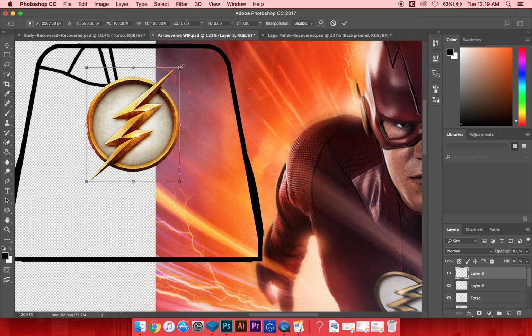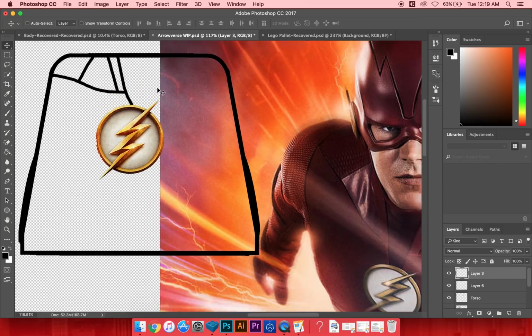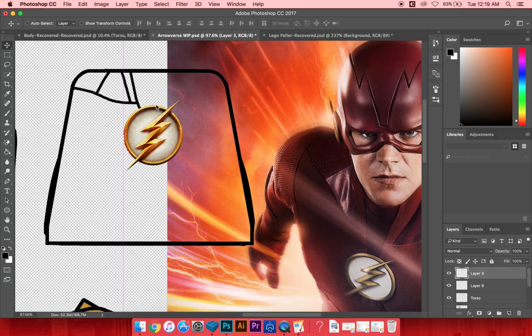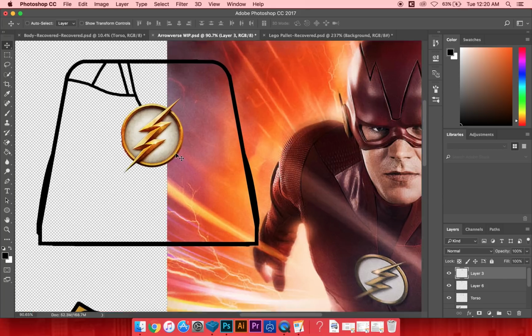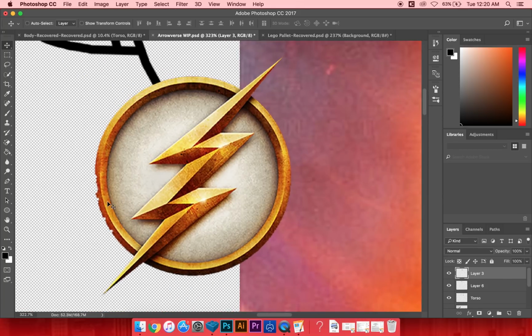We're going to shrink it down to the size that we think looks good. Okay, I think that's good. So now I'm actually going to show off the circle tool. The way the circle tool works is when you select the shape tool here, you hold it down, and if you hold down shift while you're going, it'll make it even. If you don't hold down shift, you can make an oval,